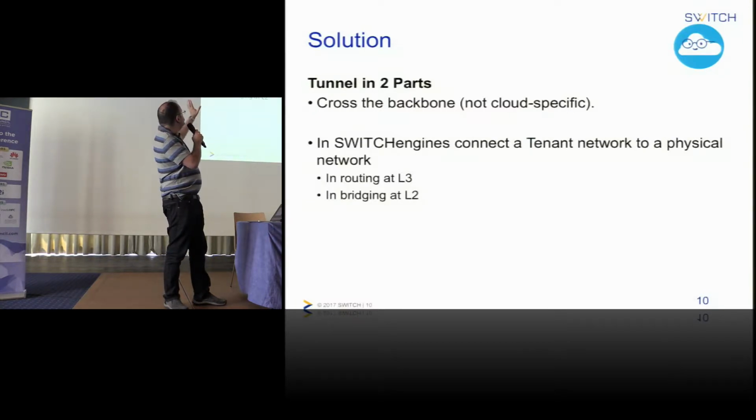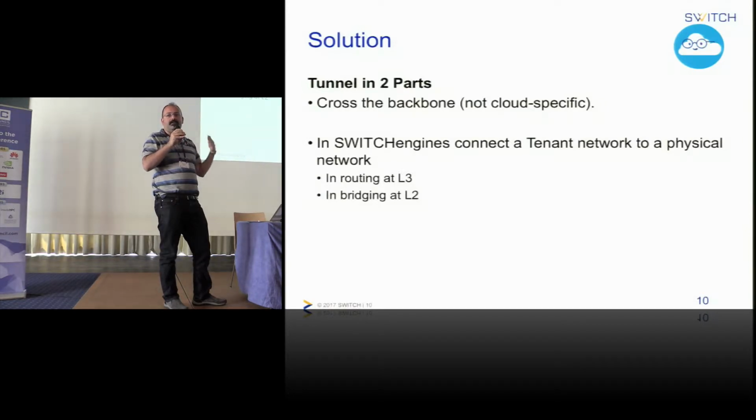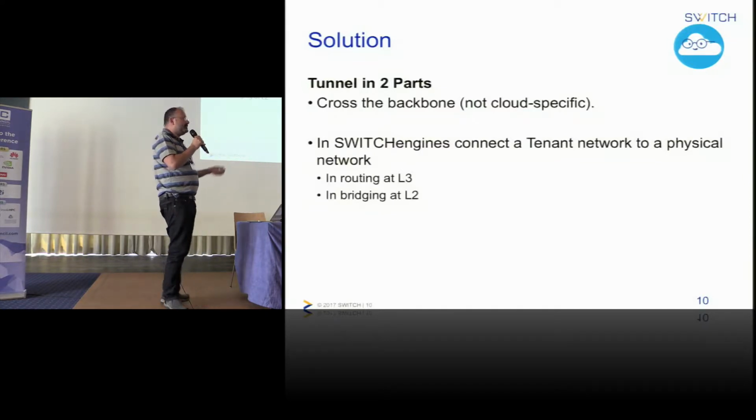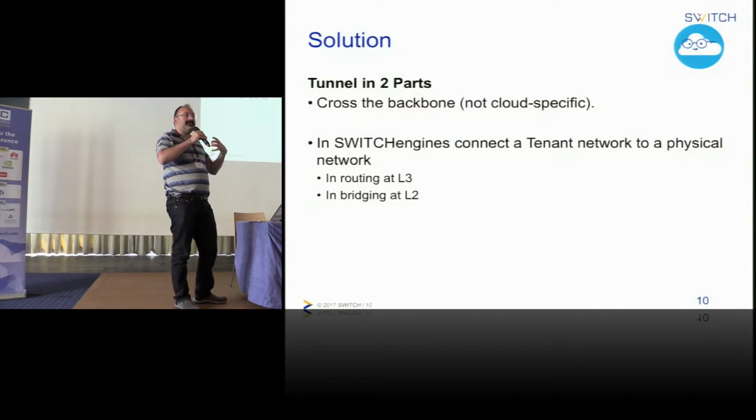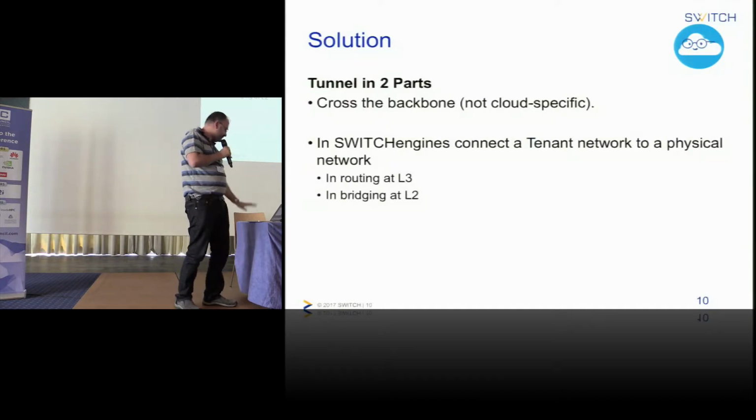There is a network tunnel, of course, no? So no rocket science here. We have to make a tunnel from the customer side to the cloud side. So the problem is split in two parts. There is a network tunnel that goes over the switch backbone, and then there is a tunneling mechanism from the OpenStack tenant network, that is a virtual entity, to a physical segment when I hook up a wire. So we are going to see these two separately.